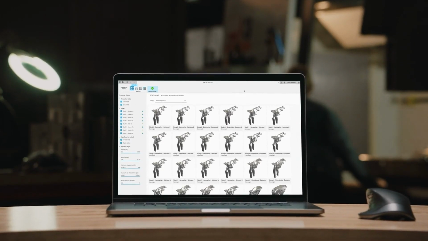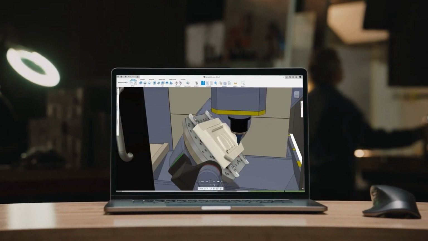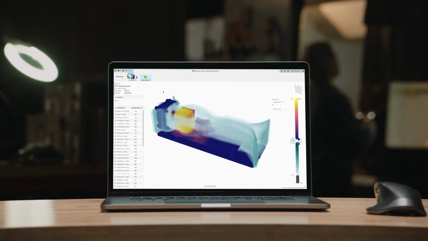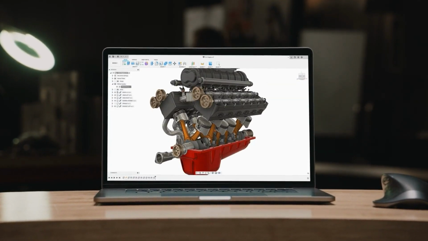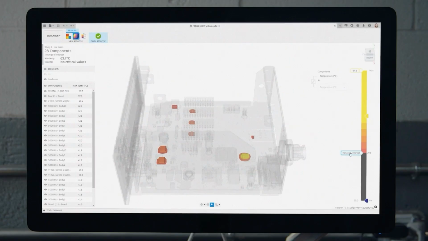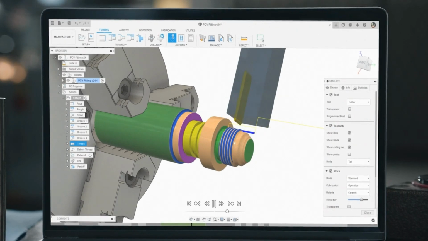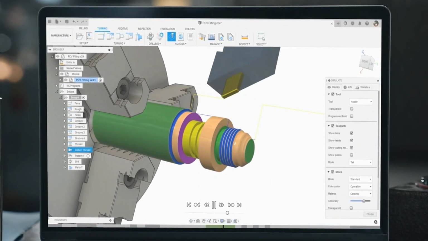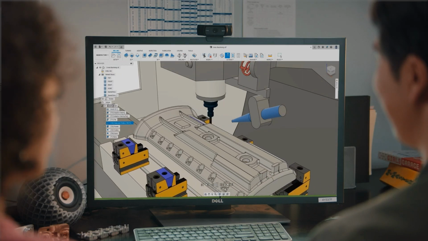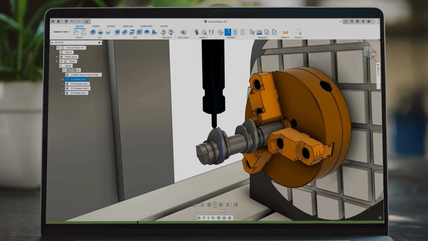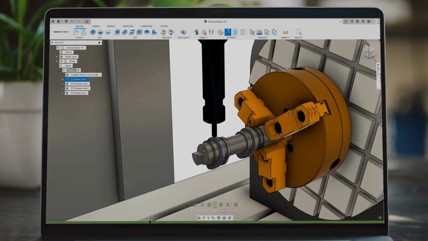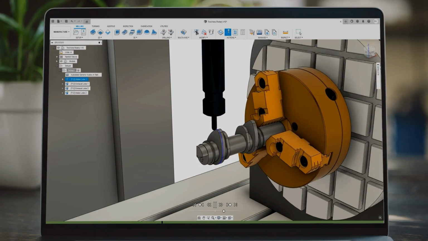Our tools enable you to move faster, supply better products, and change the world by giving you a single solution to design, validate, manufacture, and share your vision with the world. In addition to the core design, simulation, and manufacturing capabilities of Fusion 360, Fusion 360 for Manufacturing goes further, providing professional-grade advanced manufacturing tools and capabilities with a range of benefits to help you take your business to a whole